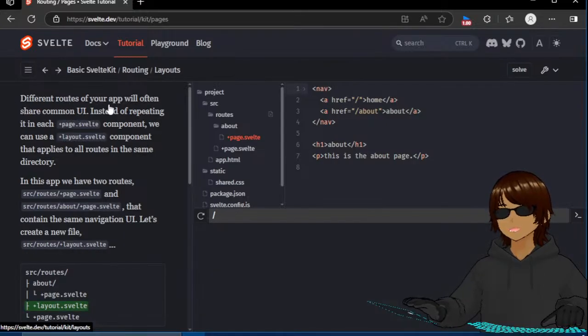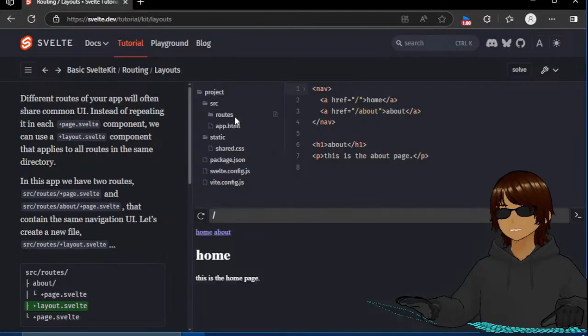Different routes of your app will often share common UI. Instead of repeating it in each +page.svelte component, we can use a +layout.svelte component that applies to all routes in the same directory. In this app, we have two routes: src/routes/+page.svelte and src/routes/about/+page.svelte that contain the same navigation UI. Let's create a new file, src/routes/+layout.svelte. So in the routes section,